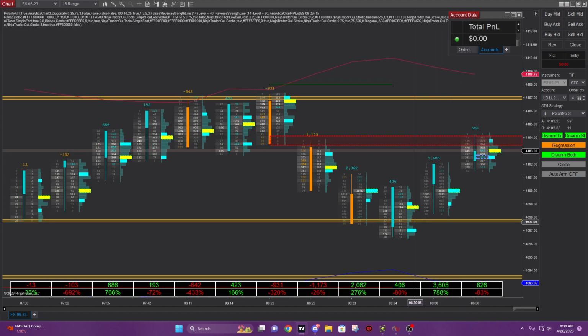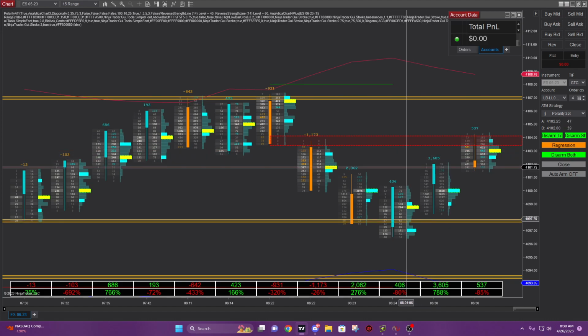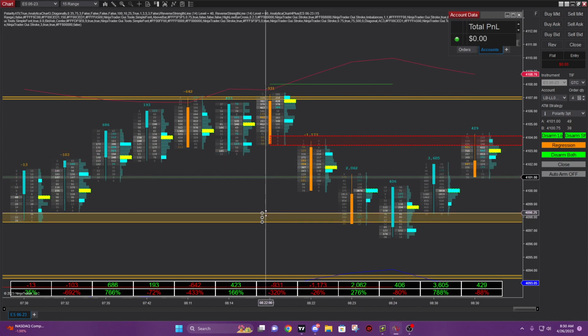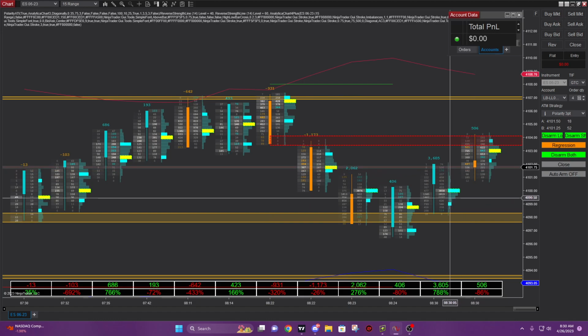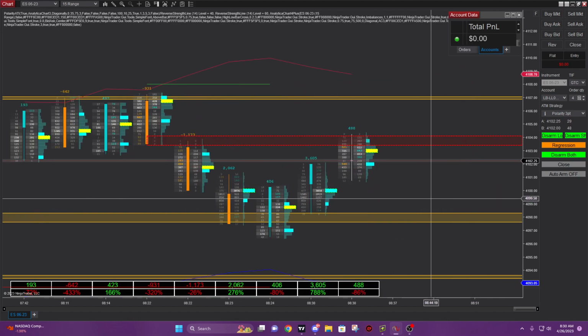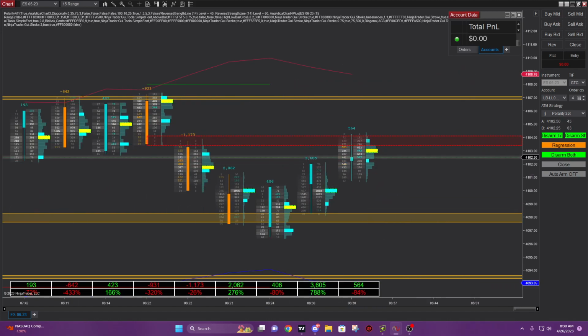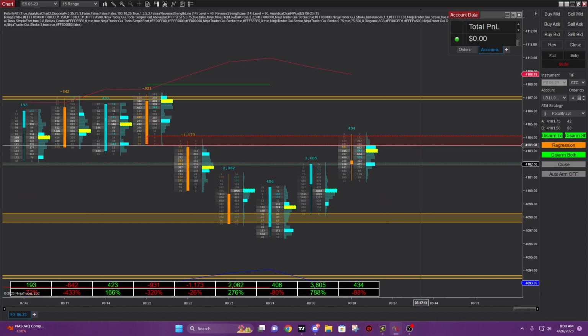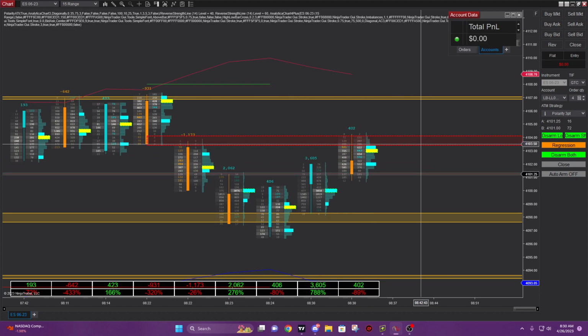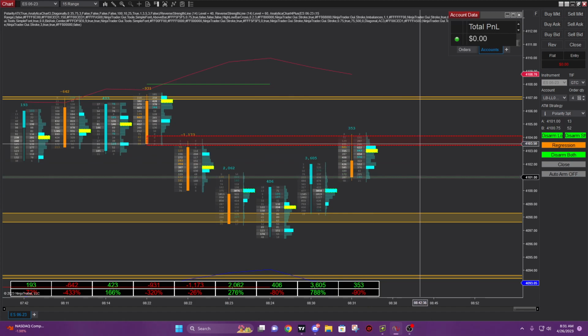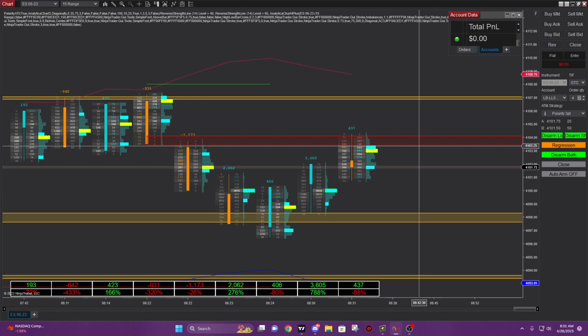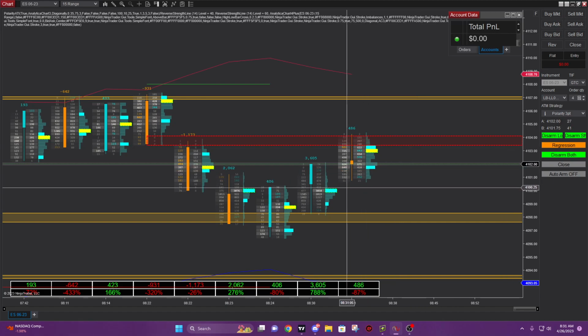I'm going to move this to just include this. Seems like it's kind of crazy volatile right now. Little choppy at open here. Would be nice if we could start a range. Obviously we can't control that. And